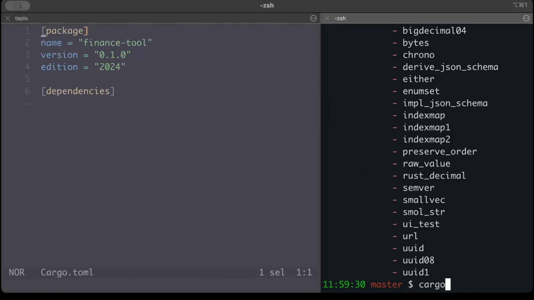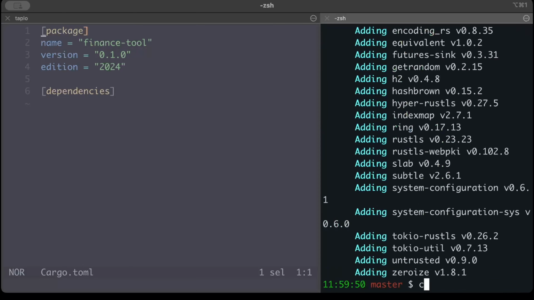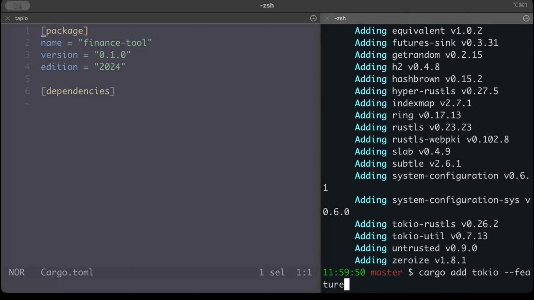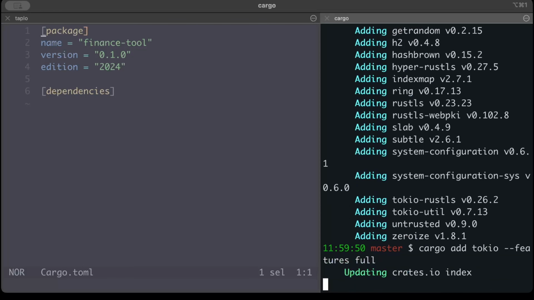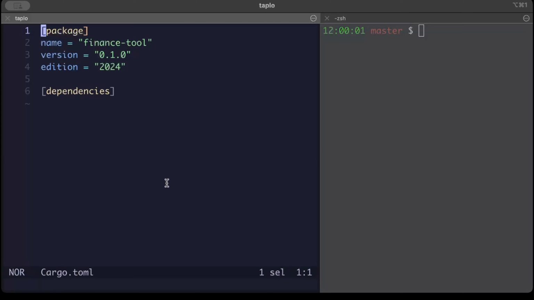Then we need reqwest to consume the AlphaVantage APIs. There is an SDK for that, but it's not really there yet in terms of the features. So we'll be using the request client to directly make the requests. And the final thing we need is Tokio with features full. Okay, so once we have all of our dependencies,